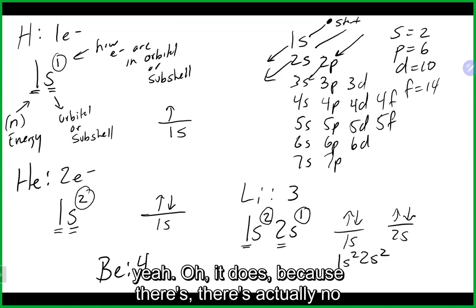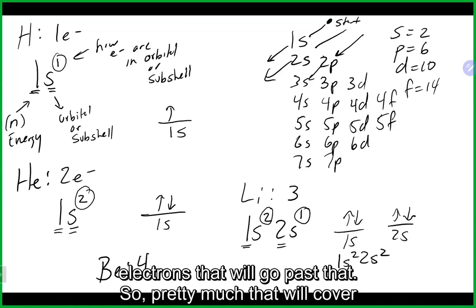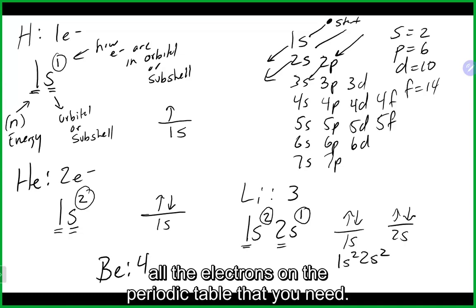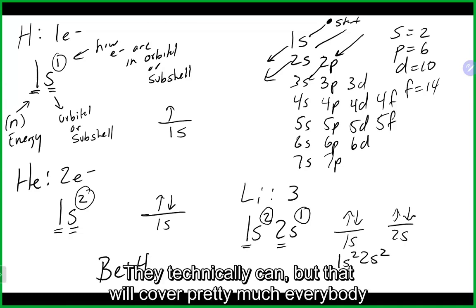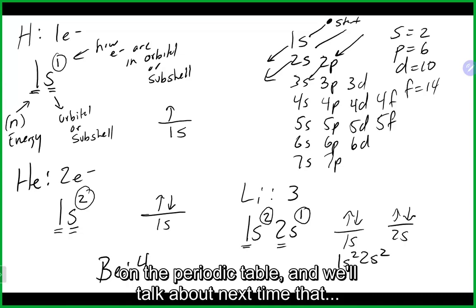Oh, it does, because there are actually no electrons that will go past that. So pretty much that will cover all the electrons on the periodic table that you need. They technically can, but that will cover pretty much everybody on the periodic table. And we'll talk about next time that